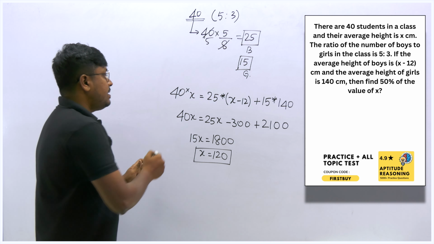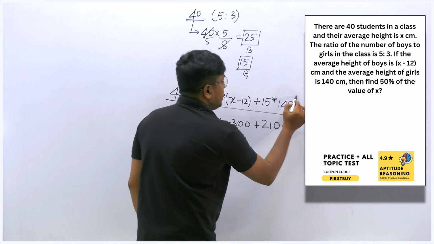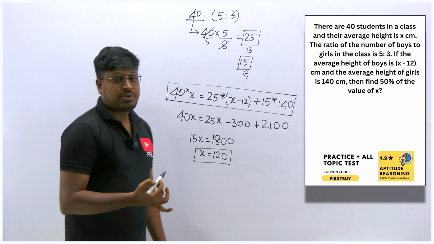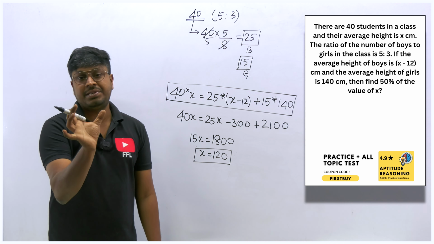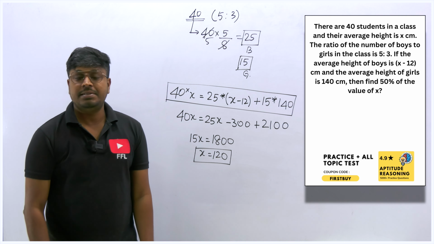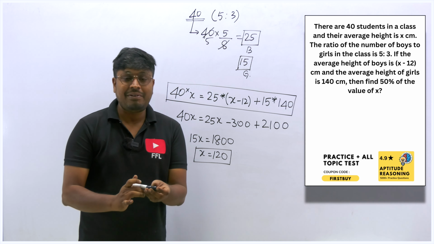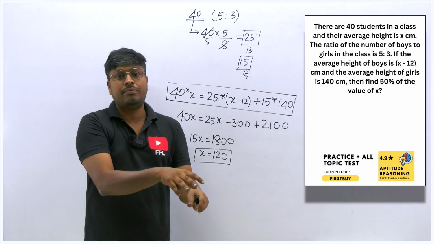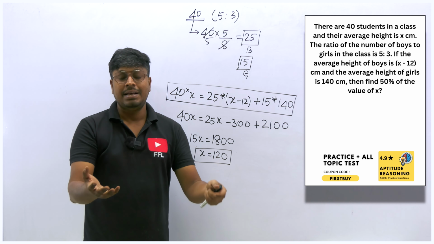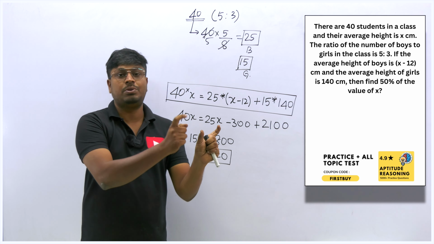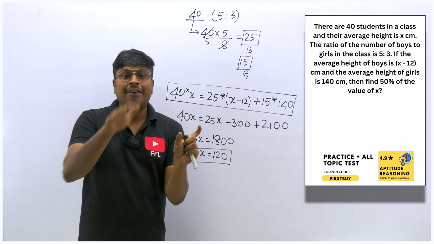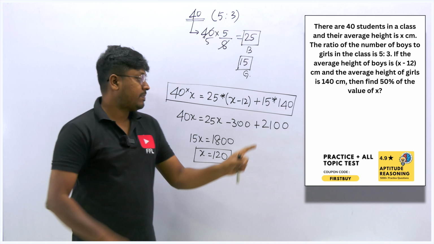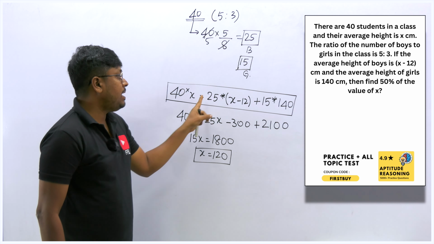So this part is important in this question. In most average questions, you can see that framing an equation is the most important thing, because we don't have any formulas here. If we had a formula, then we would have to think and apply the formula. But here we don't have any formulas, we just need to understand. So this is the total, and out of this total, we have boys and girls. So boys plus girls will be equal to the total.